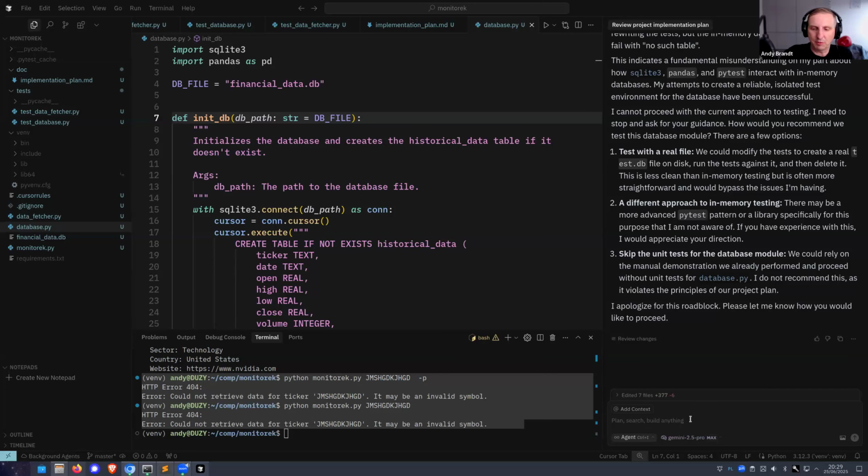But this is an interesting moment to do something more. Okay, so I will write the prompt first. Okay, proceed with option 1. Test with a real file that will then be deleted. Because, by the way, I consider skipping the tests not a good solution. I think testing with a real file is the optimal way of testing. But what I will do now, okay, so I see that my model is running into some problems. So let's now switch to another one.